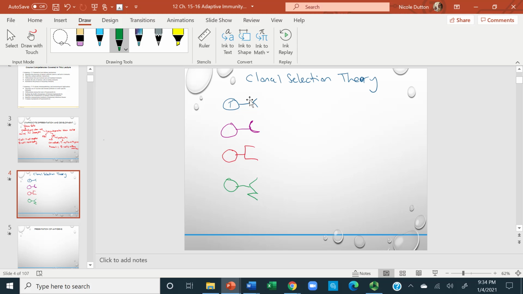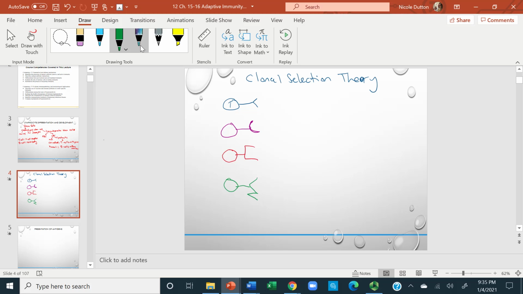Now, since we've randomly created all these different types of receptors, there's a chance that one of these receptors may recognize our own cells as being foreign. Well, we need to select against those. We need to get rid of them. So the clonal part is making tons and tons of different copies with all different types of receptors on them. The selection part means that we have to select against or kill off the ones that recognize our own self